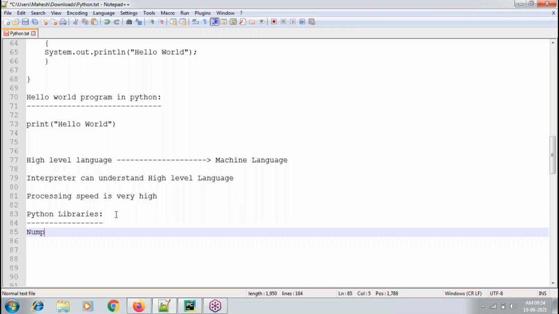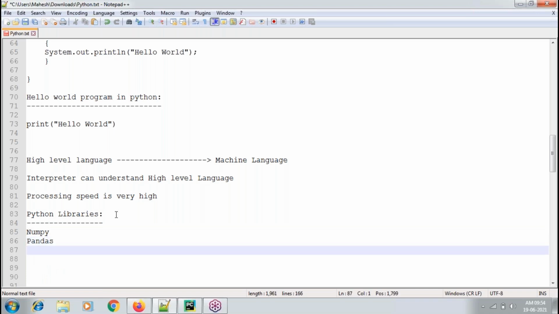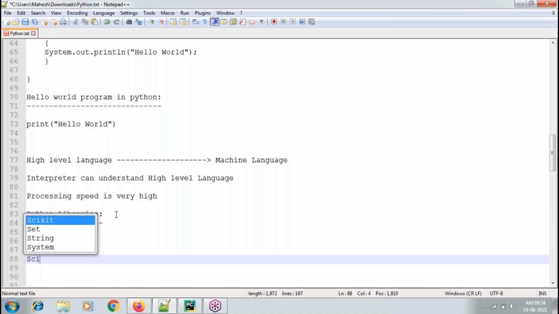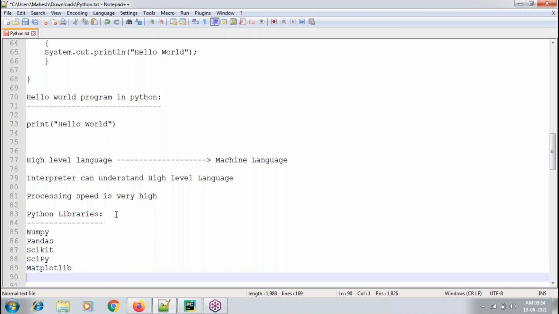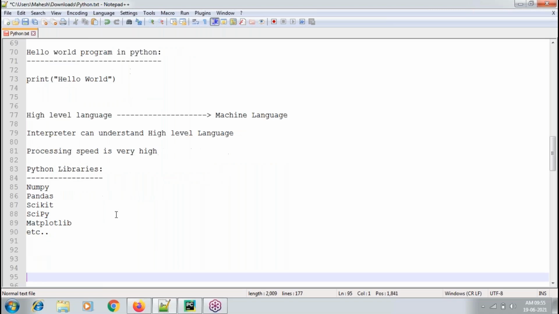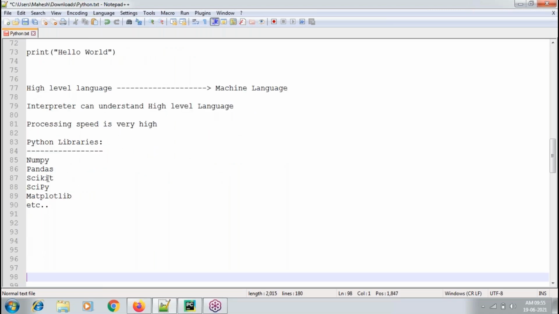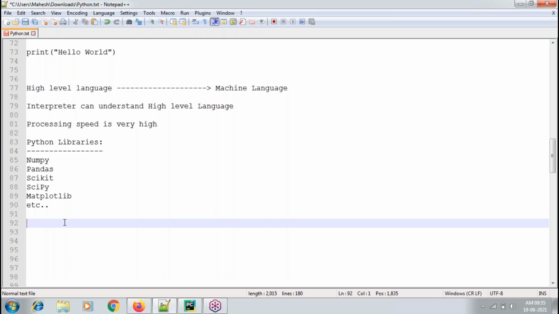So first we have the NumPy library, pandas, scikit, scipy, and matplotlib for graphical representation, and so on. These are all the libraries that we can use for different requirements, which is not there in any other programming language. That is why nowadays in each and every